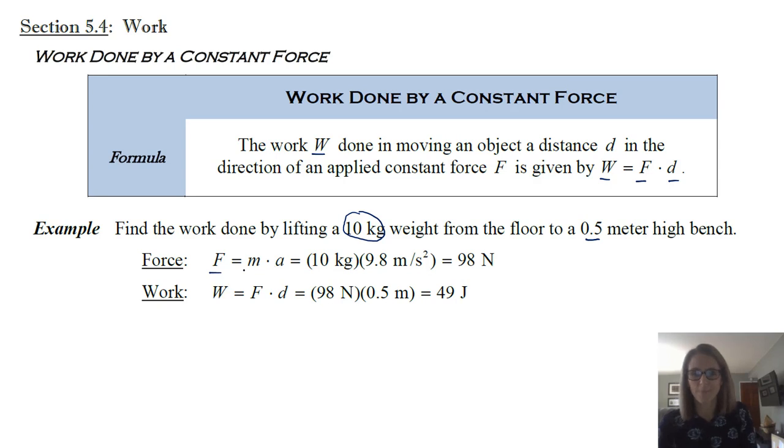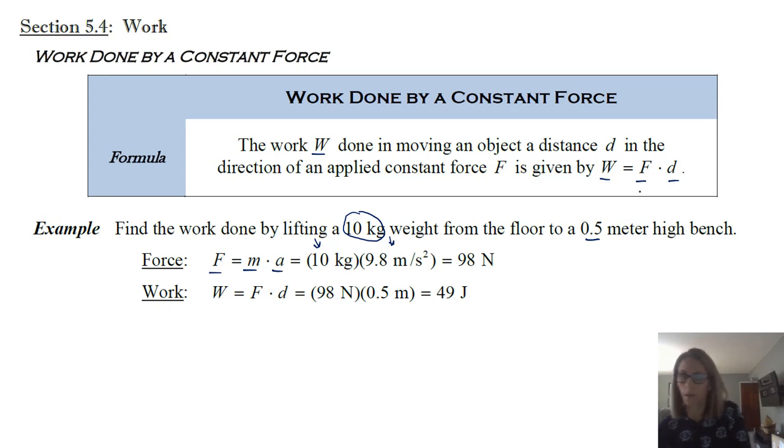And force is mass times acceleration. Now notice this is in metric units here. So we want to understand that acceleration is 9.8 meters per second squared. Again, that's using the metric system. And we have our 10 kilograms, our weight. So the force is mass times acceleration. And what you want to see is when we have something in kilograms or in metric units, we need the acceleration in order to get the force.